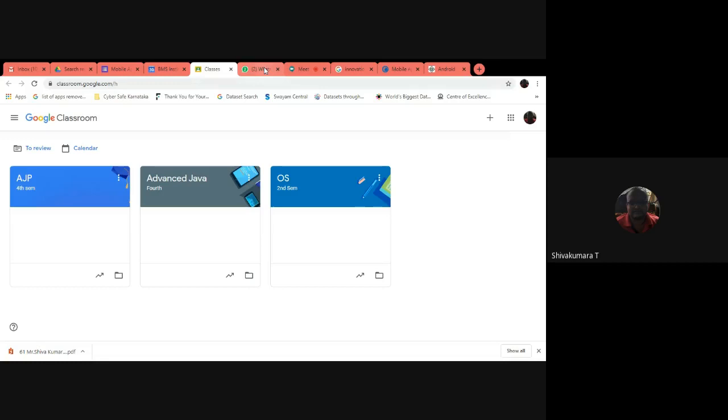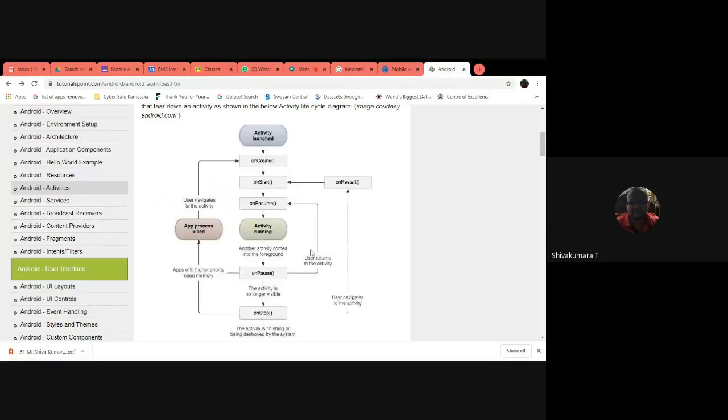WhatsApp is still running, although Google Classroom is loaded as the foreground. At that point of time, the activity life cycle will call the on pause method for the current activity which was running at the foreground. So it will take that current activity to the background by calling on pause.